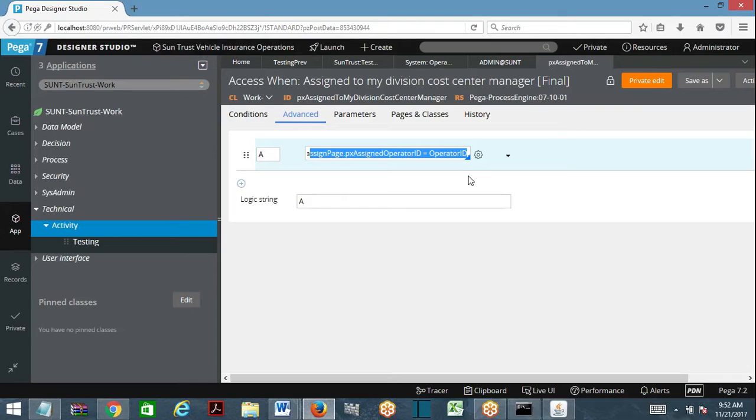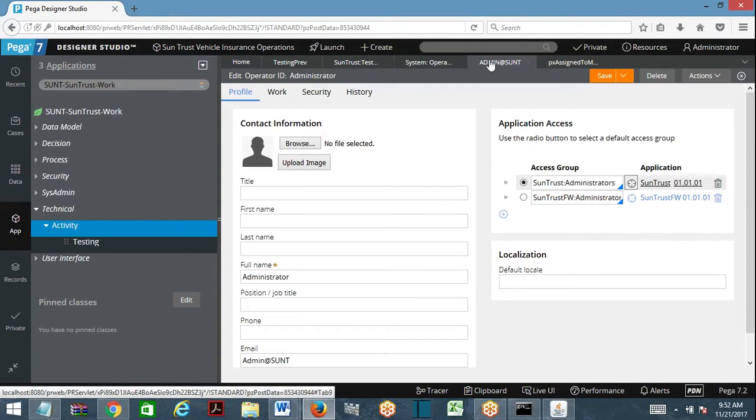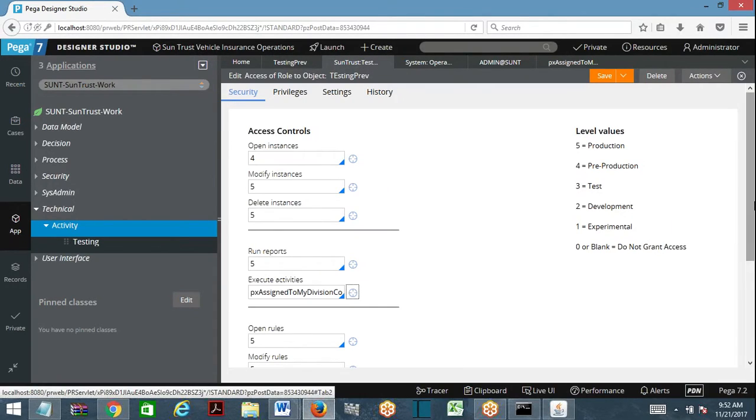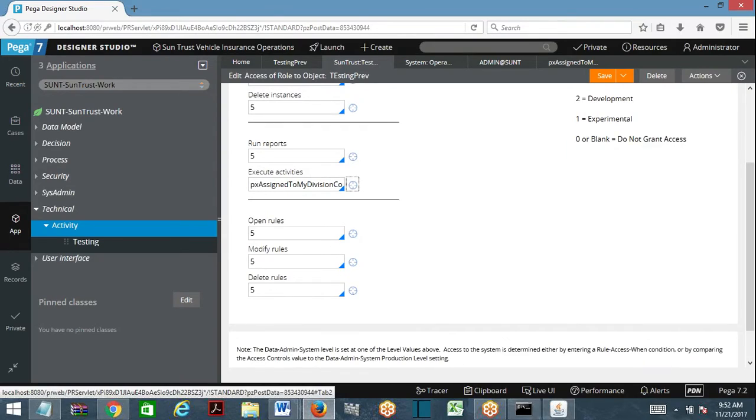Access when. So access when, how does it work, is it positive or negative? Does it prevent or allow? Access when means allowing. I want to allow for which environments? Environment 5, all this. So now I'll create an access when rule. Access when rule, I am going to call in an access role to object. So here in place of the number, I will call the access when rule.